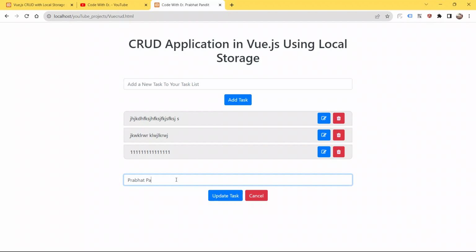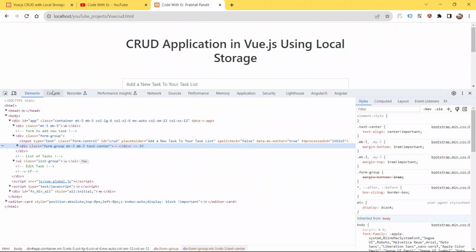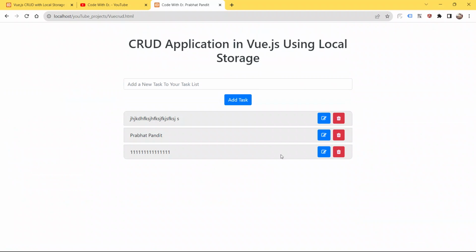Now hit the button update task. Now refresh the page. Yeah, this is working. And now try to edit the first task. I don't know guys why it is not working for the first task. Okay, so we just have to check.